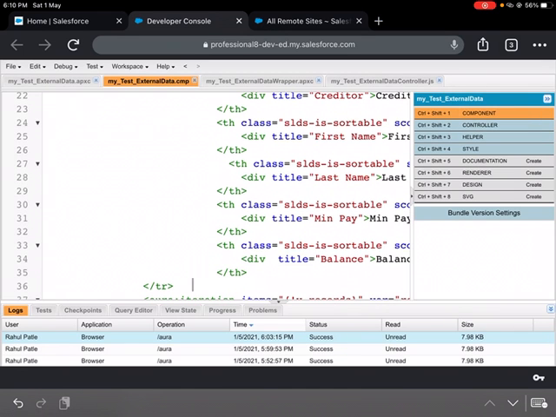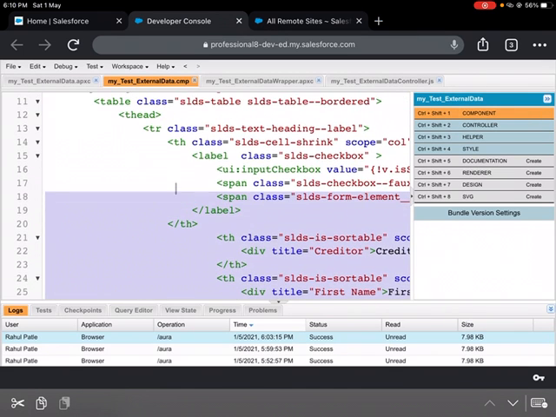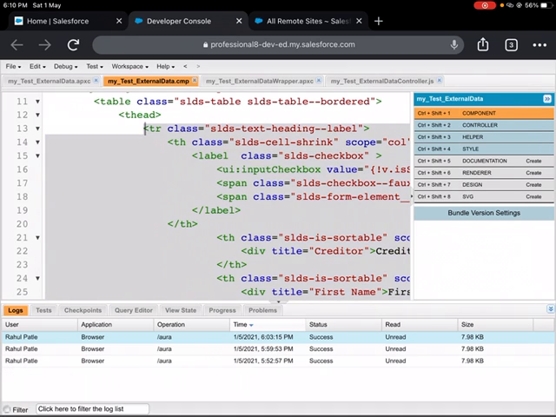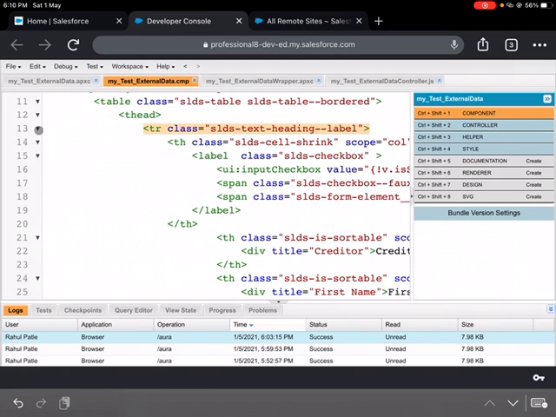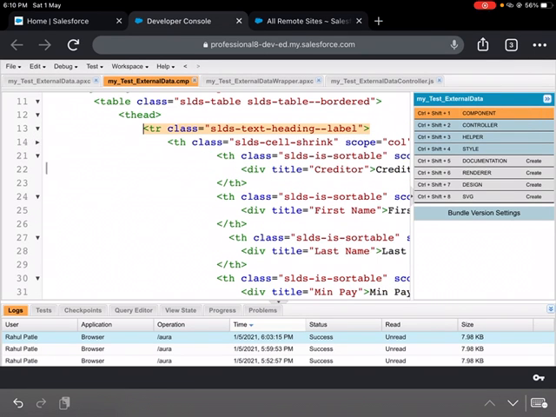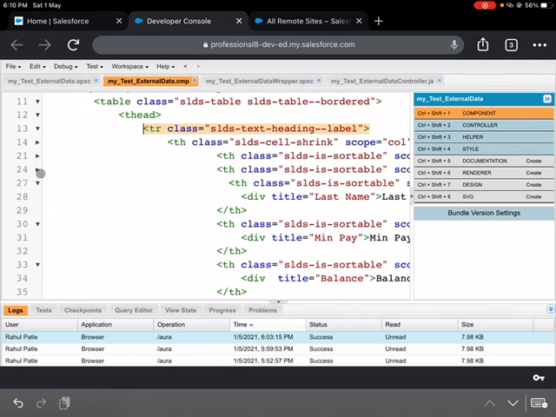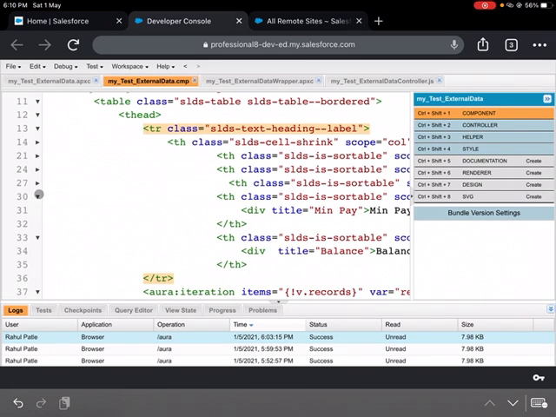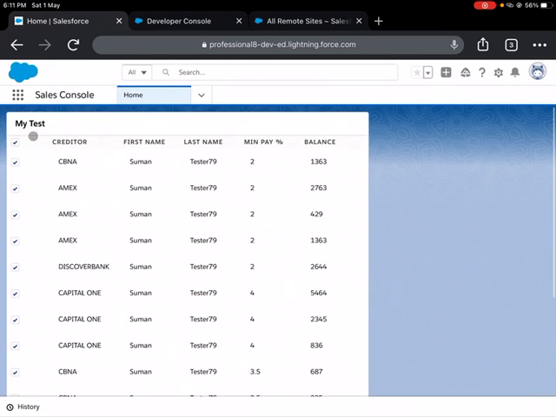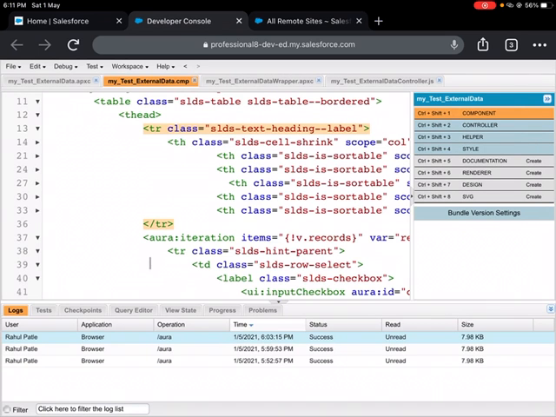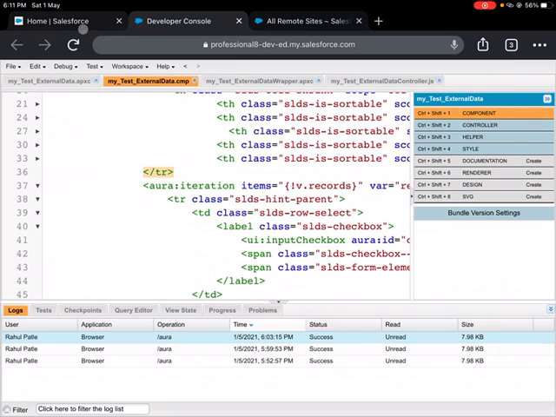So for all such table columns, one column is this checkbox, and all these other columns are JSON object columns, minimum payment and balance. So this complete column set I have created here, which is directly visible here. It's the checkbox and these columns. And now I need to provide the data here.